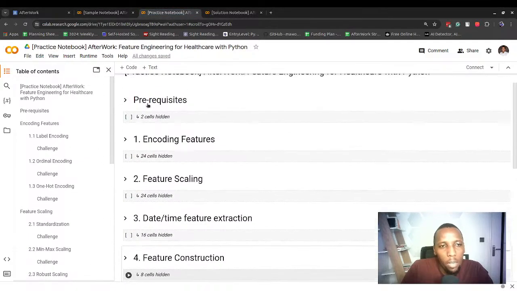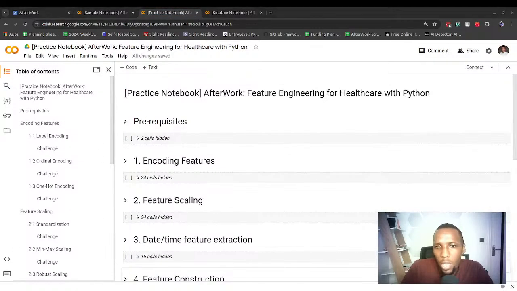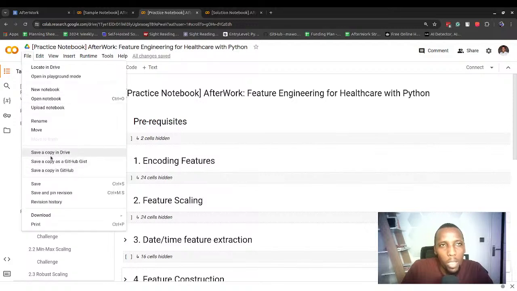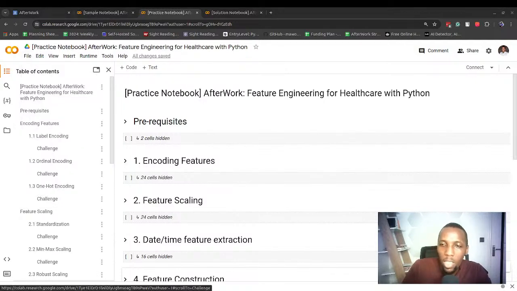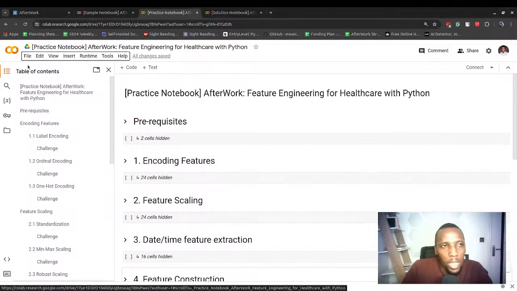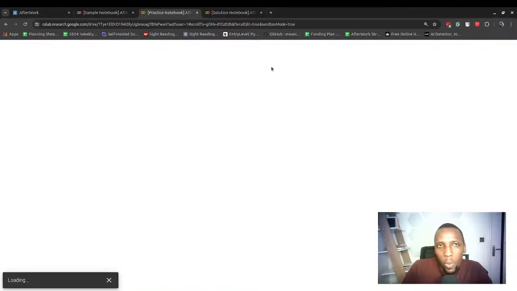Has different sections. So the first thing that we're going to do once we get here is to save a copy of this notebook. So go to File, then Save a Copy in Drive. Just note that you're doing that on your sample notebook. So File, then Save a Copy in Drive, and it should open a new copy in a new tab, and then you can use that for your work. All right, I'll just use mine in playground mode. I don't want to make changes